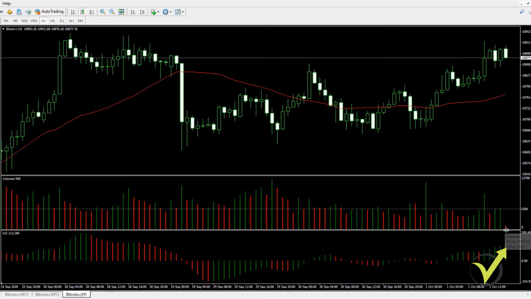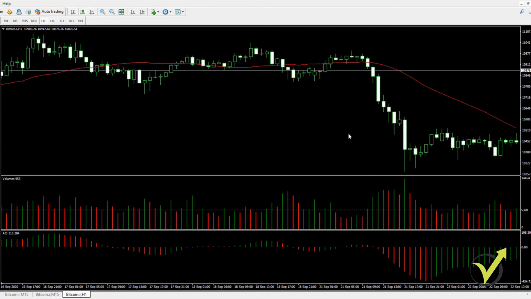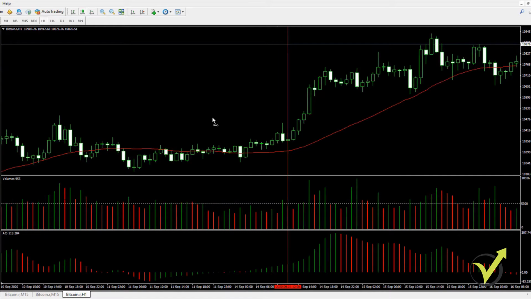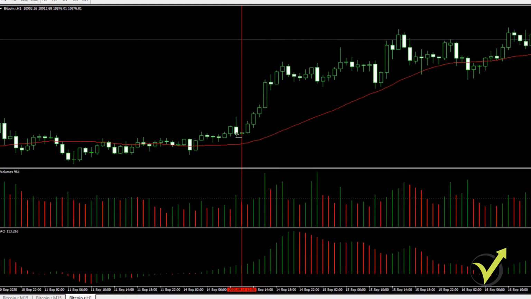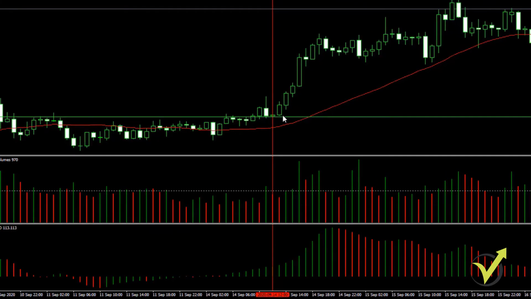So when a new bar opens, it starts from 0, and then according to the volumes that we have, it will increase. Now here is the entry. This is a long trade that I saw over here. I will put the line exactly. Here it is. So this is the cross. And on the opening of the next one, we take the trade.